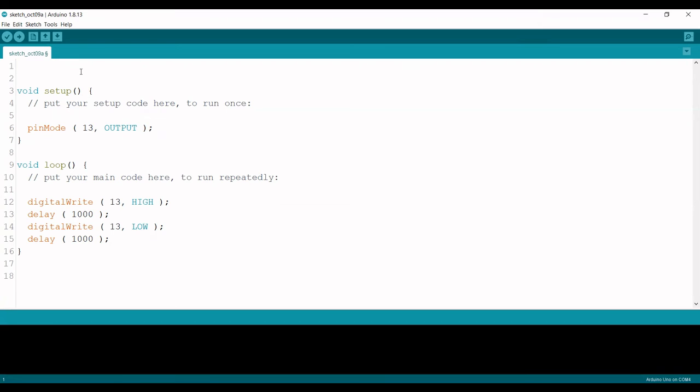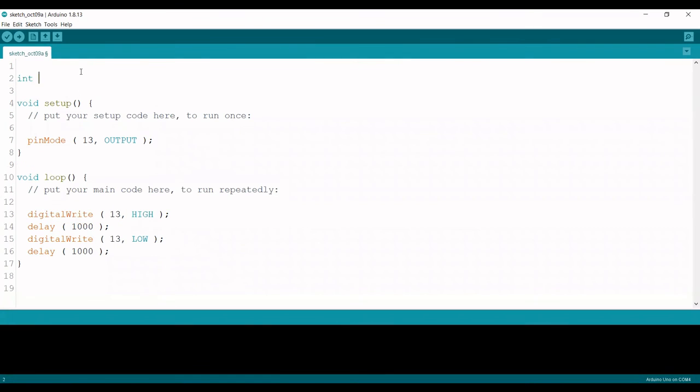On top, you can make a variable: int LED equal to 13. Now LED has the value 13, so we can just replace it here. This is more useful than just putting 13 everywhere. It looks more organized as well. So now the sketch will work exactly the same, no differences, but it's a neater representation of